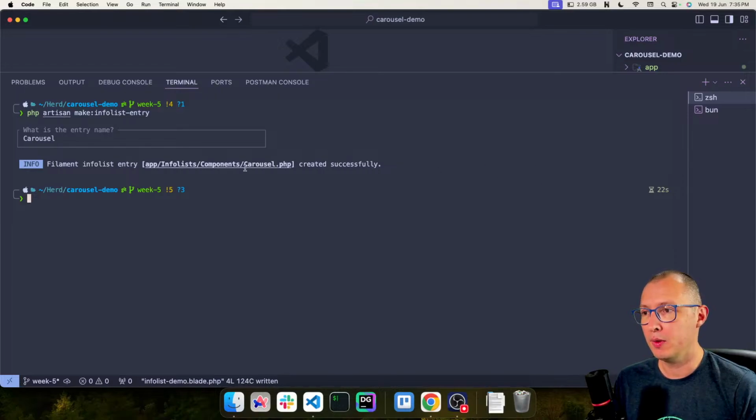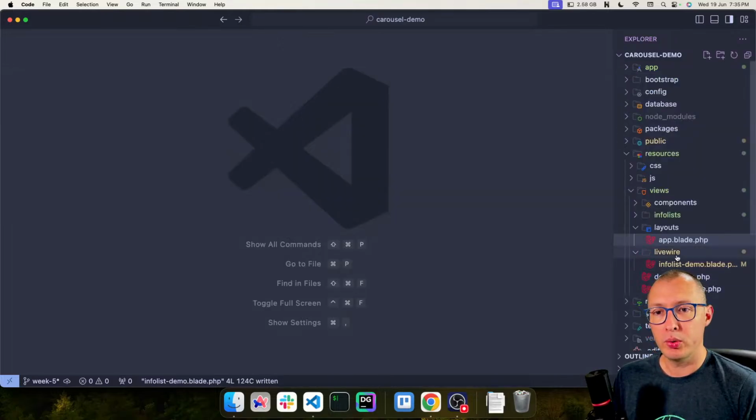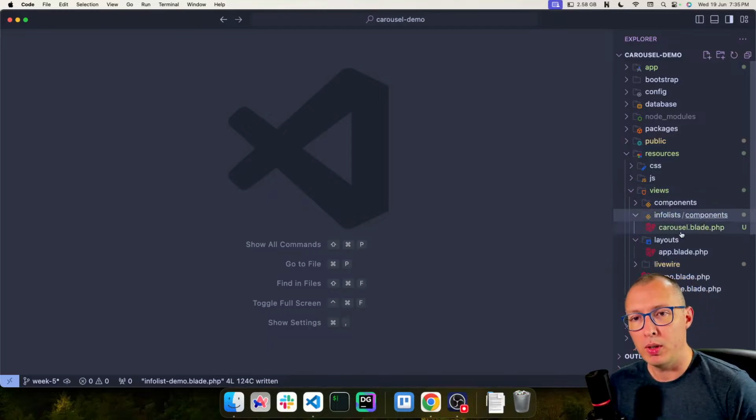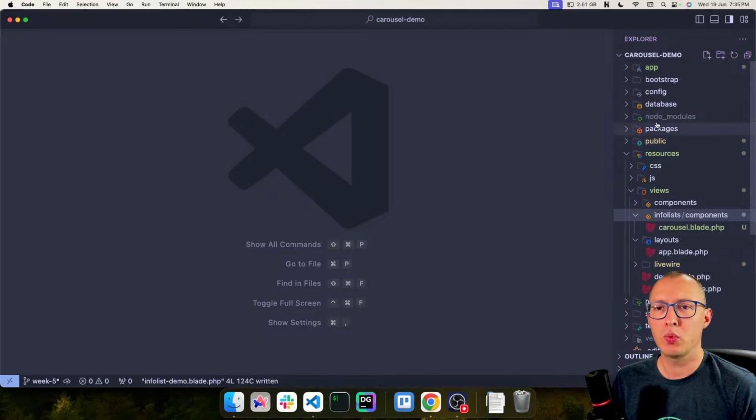And we have the Carousel.php class inside app, Infolist, components. And that also has a view inside resources, views, infolist, components, carousel. So let's work on,